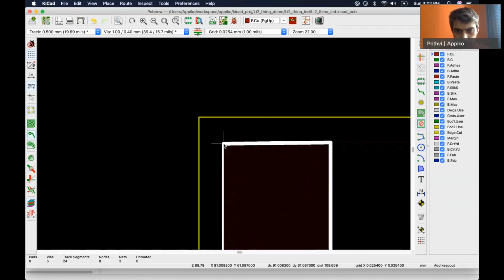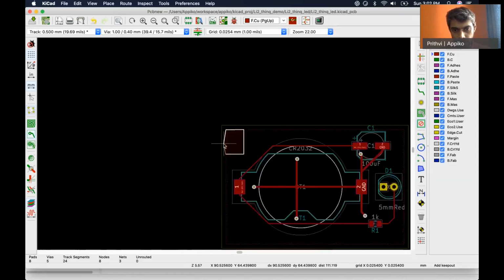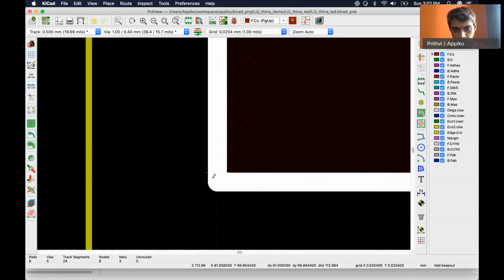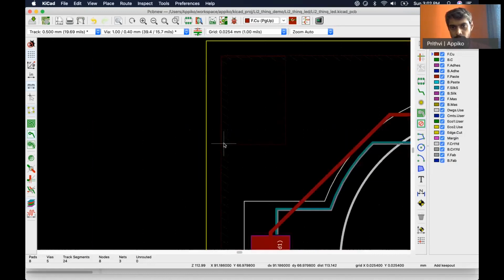This can be any shape. So this keep out area has been added.